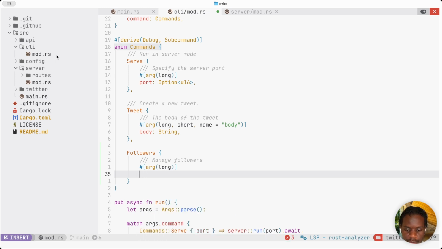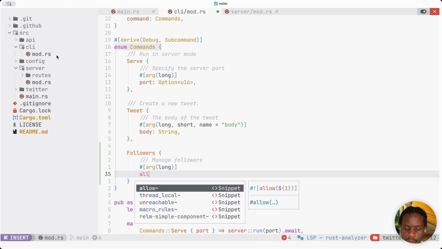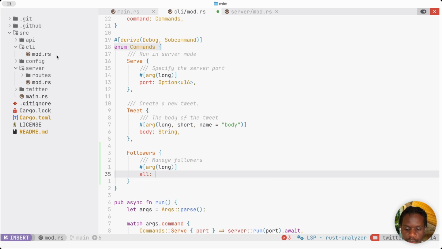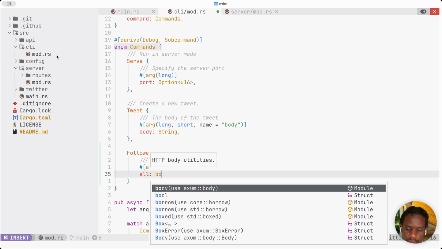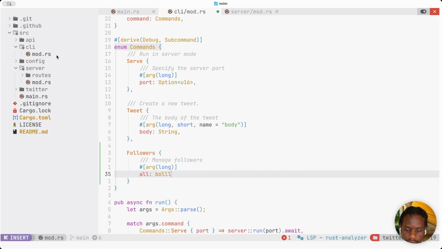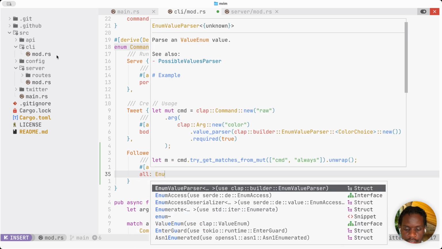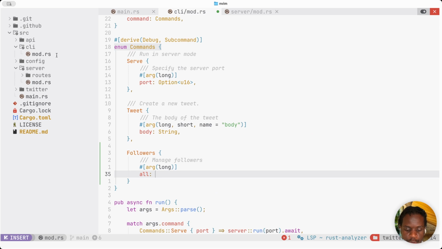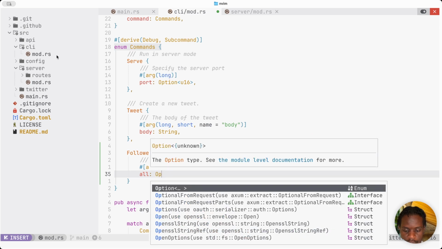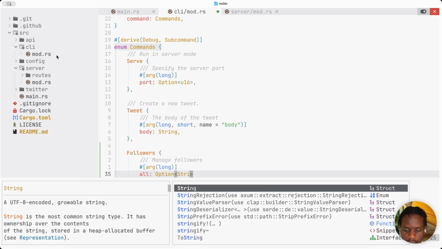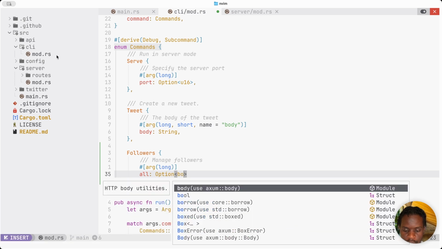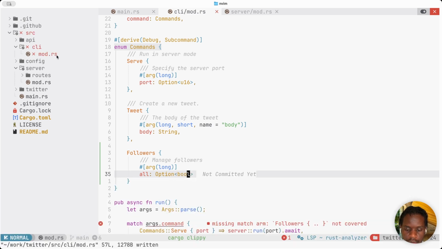We can say, for example, all, which will be a boolean, or we can do something like sort to be an enum. But for shortening this code, let's just say all, which is a nice enum, which is an optional string. No, it should be an optional boolean. Then yeah,